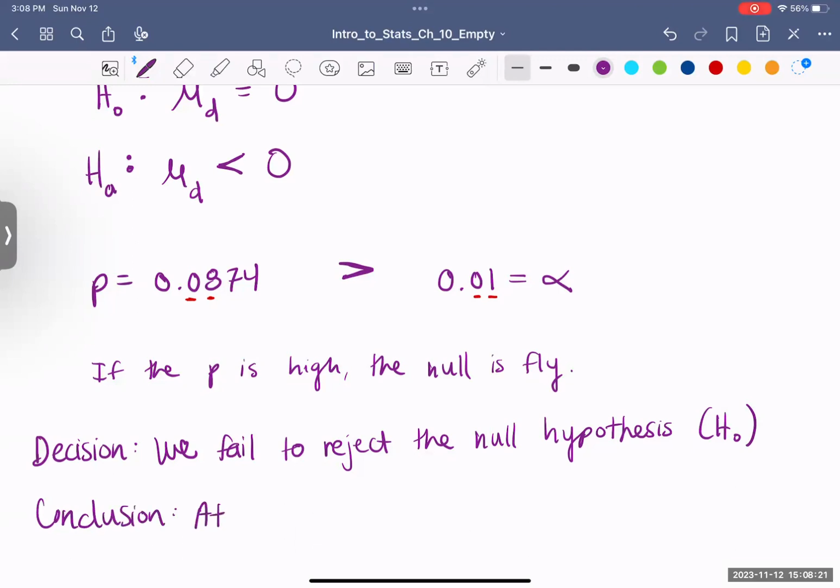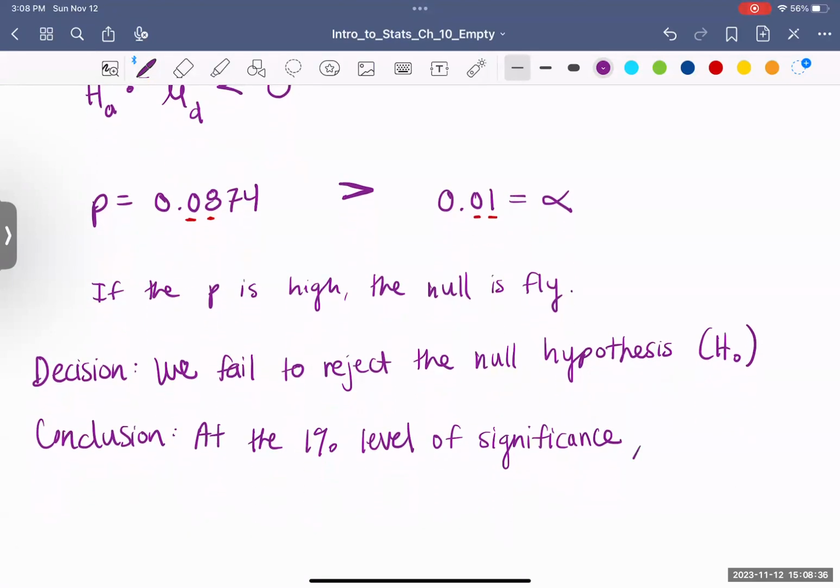At the 1% level of significance. Again, always important to note what level of significance we ran it at. We have insufficient or sufficient, enough or not enough. We don't have enough evidence here. We don't have the evidence to support. That's why we failed to reject. We failed our mission. All right. At the 1% level of significance, we have insufficient, we do not have enough evidence